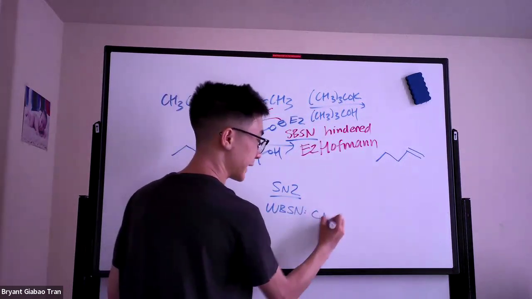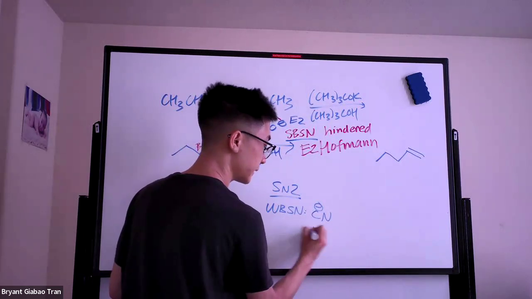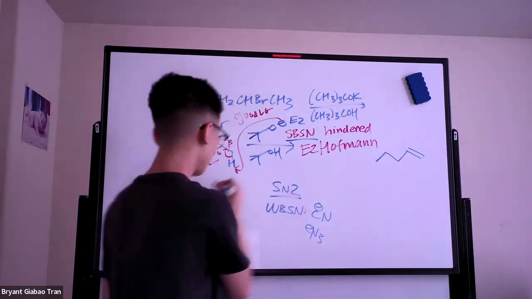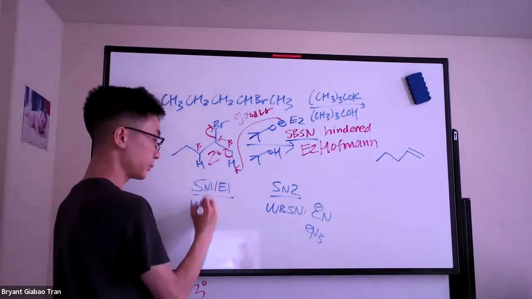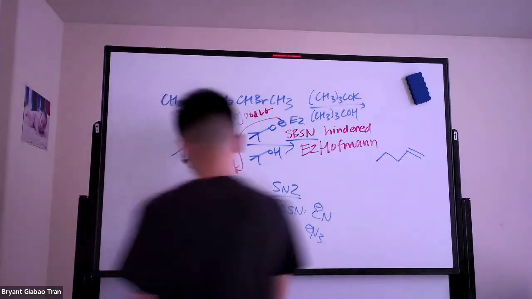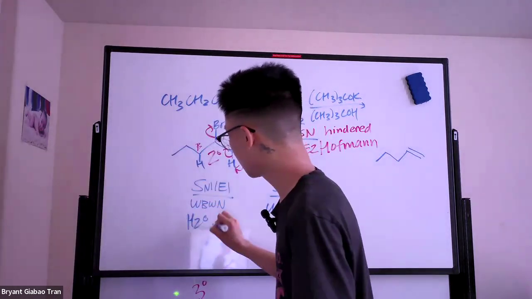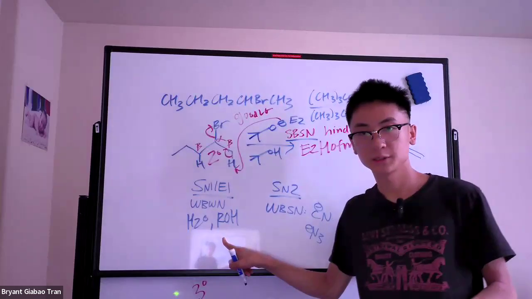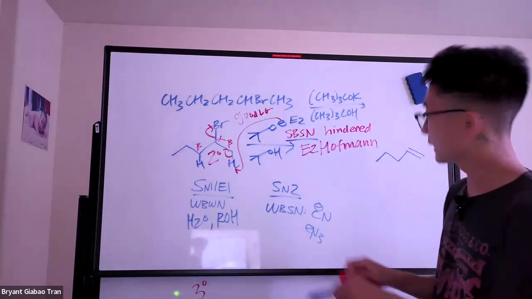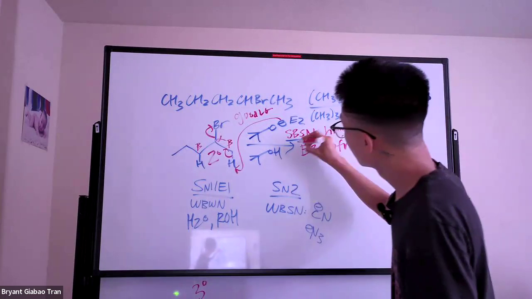And that's like CN minus, N3 minus, something like that, right? Whereas SN1 and E1 require a weak base, weak nucleophile, which is either going to be neutral water or neutral alcohol, ROH, right? And then a strong base, strong nucleophile